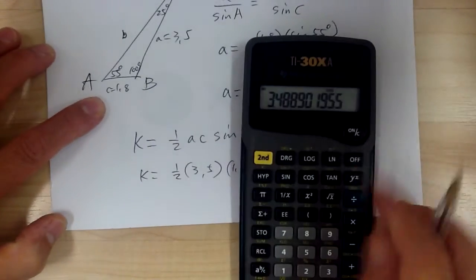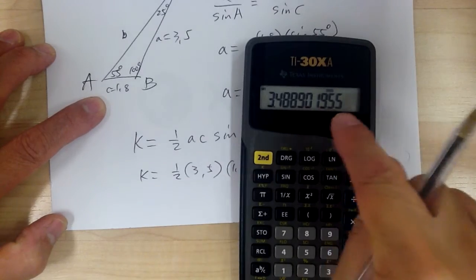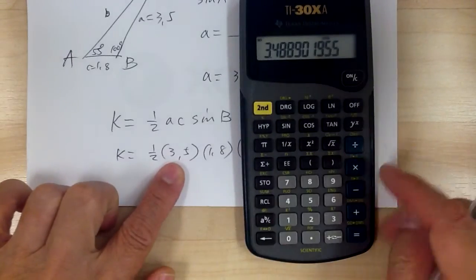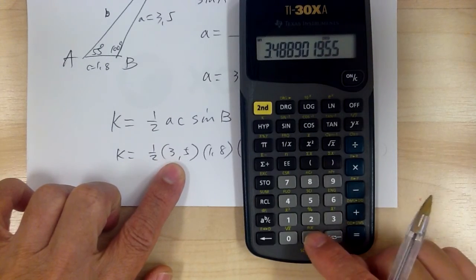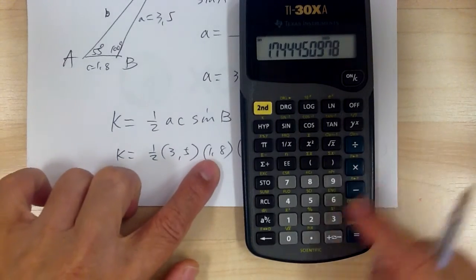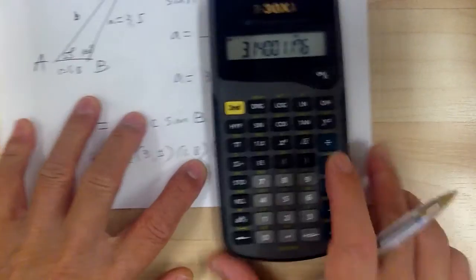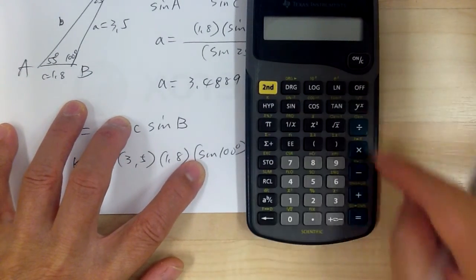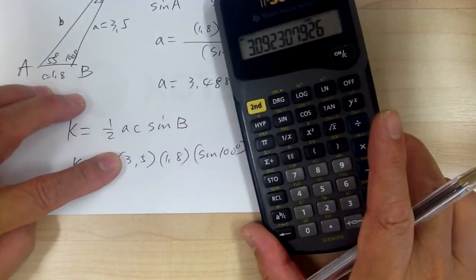Now notice I have this number over here already, so I don't clear it. You have the number already, so this is exact. So I'm going to times it by 1/2, times it by 1.8, times it by sine of 100 equals